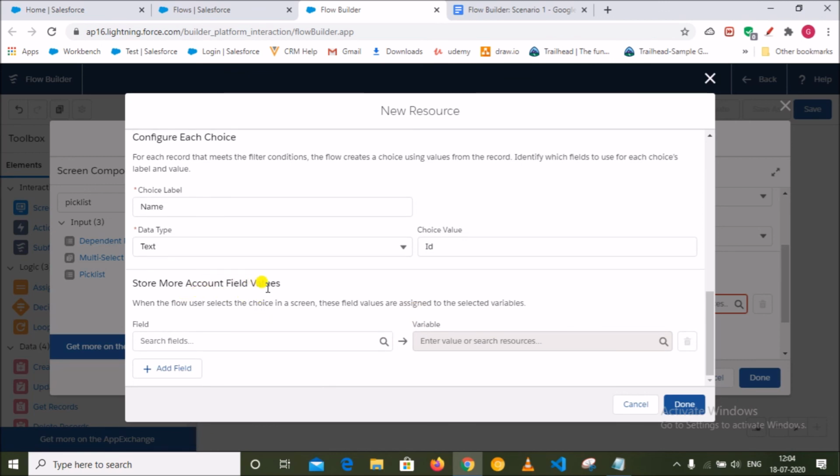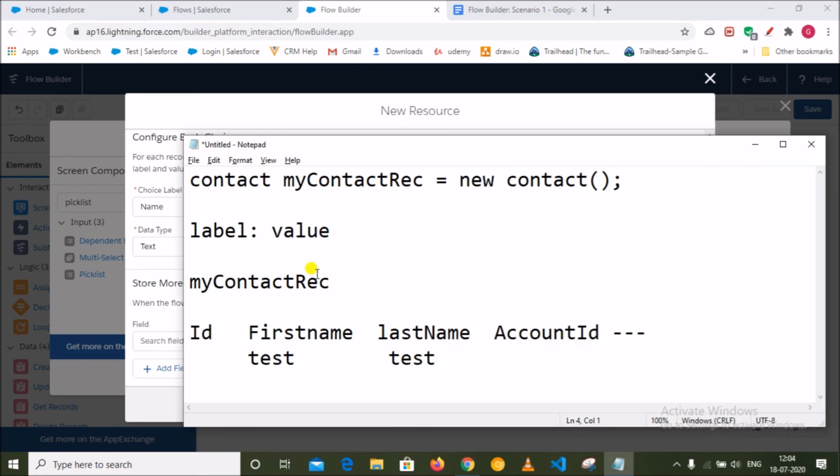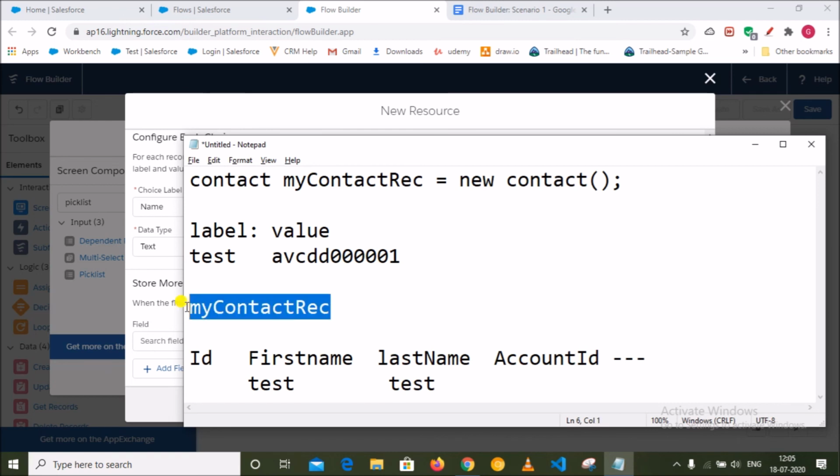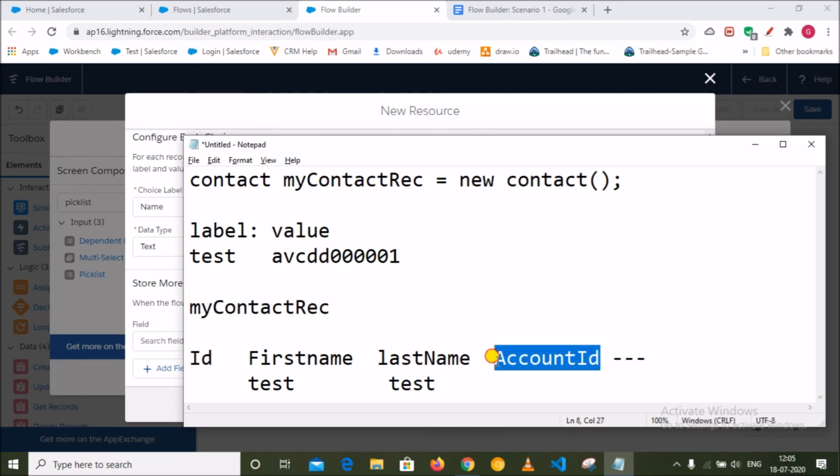Next is store more account field values. Let's say the user has selected one account, test. Whenever the user selects the account name as test, the account ID will be there, like ABC, an 18-digit SFDC ID. The user has selected the test account name, but I will store this value. Where do I want to store this value? I want to store it in my contact record in the account ID field.